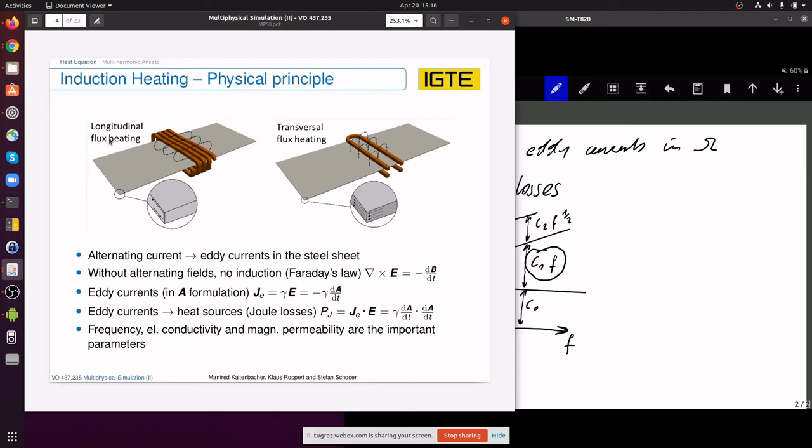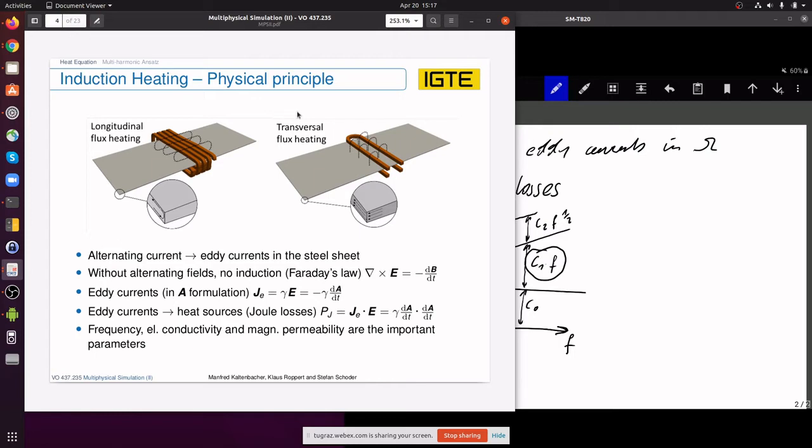That's why it's called longitudinal flux heating. The opposite version is the transverse flux heating, where the B field is perpendicular to the sheet. And for these two versions,